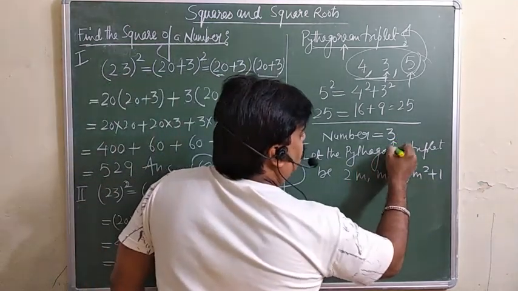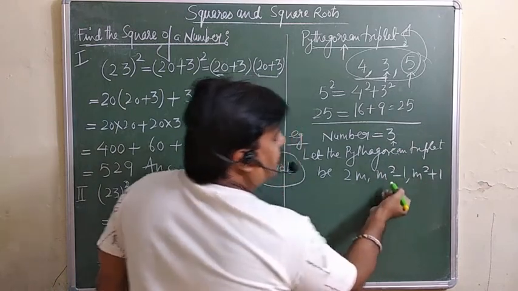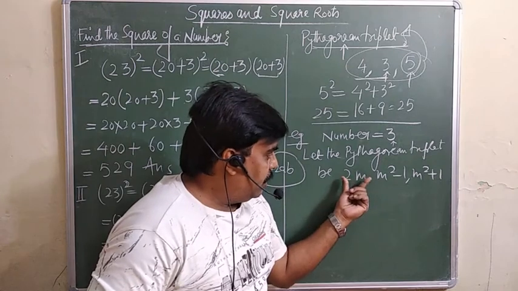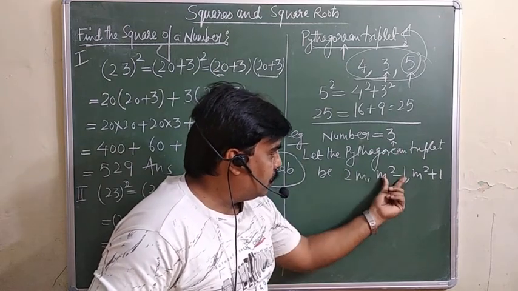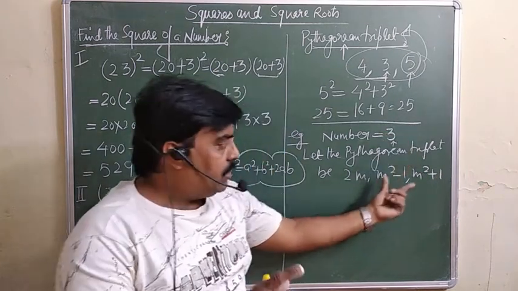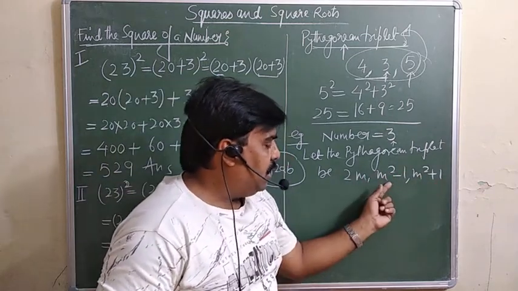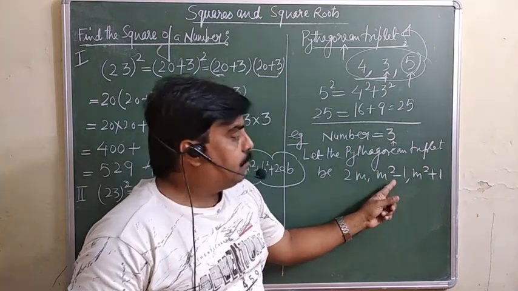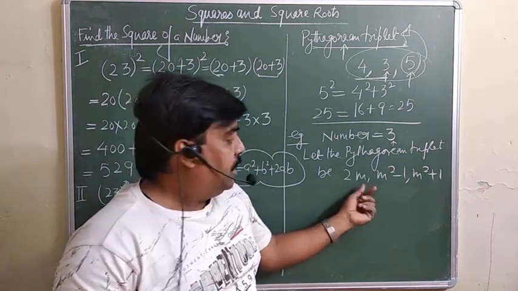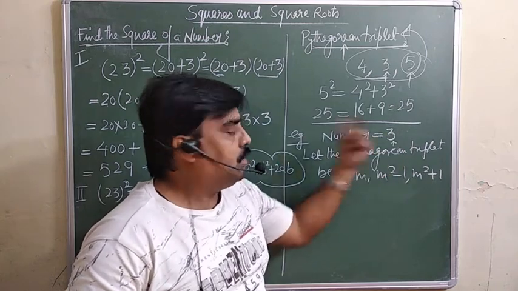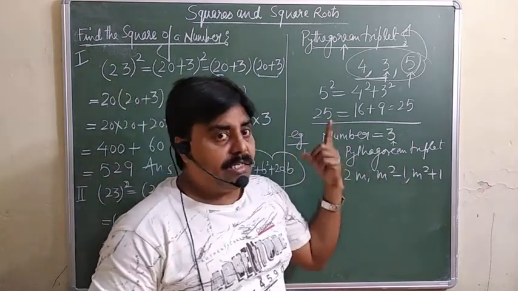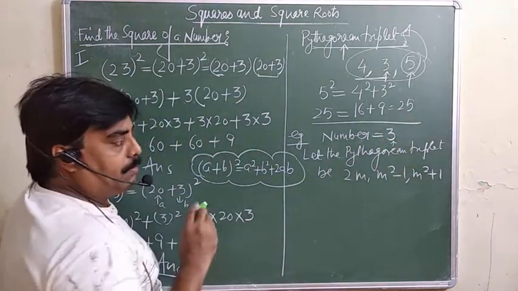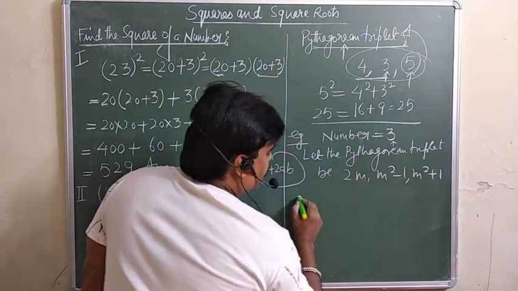अभी क्या करना है, इस 3 को इन तीनों में से किसी एक के बराबर लीजिए वेयर यू कैन गेट द एग्जैक्ट वैल्यू फॉर m. इनमें से you are supposed to select one of the terms equal to this one from where we can get the exact value of m. m का exact value आना चाहिए. ये नहीं 2m is equal to 3 you are taking, so m is equal to 1.5. No, you are supposed to get the exact value of this one only, because this number is not in decimal point, remember. तो हम इसको किसके बराबर लेंगे?